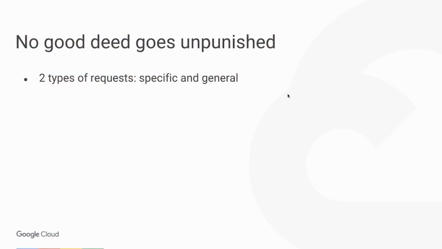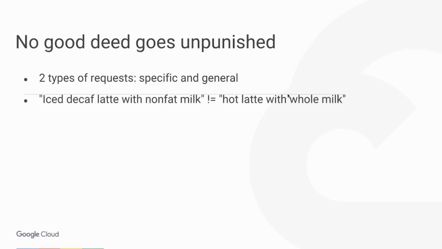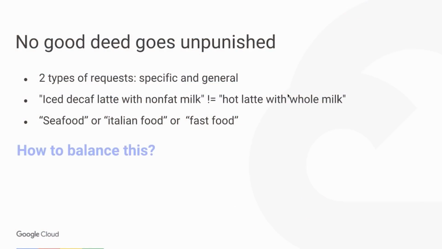For example, let's say the user asks for an iced decaf latte with non-fat milk, but they get a hot latte with whole milk. Not exactly right. There are certain things where users really want you to give them what they want, give the people what they want, right? And certain things where they would just want general options, like when they ask for Italian food. So how do we